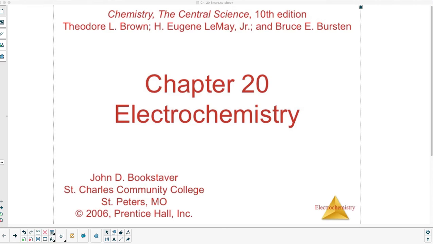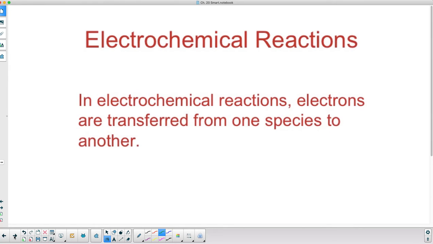This is chapter 20, section 20.1. This is all about oxidation states, and first of all, it's electrochemical reactions. So in electrochemical reactions, we're talking about electrons. Electrons are transferred from one species to another. Species simply meaning an ion, typically, or sometimes an atom within